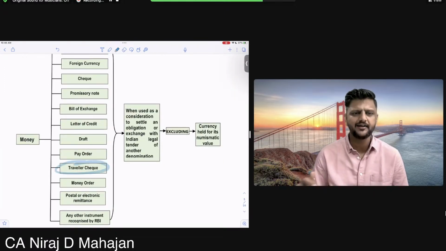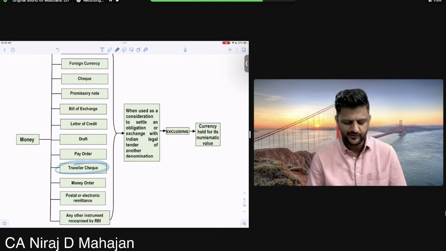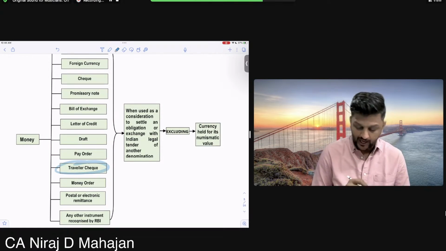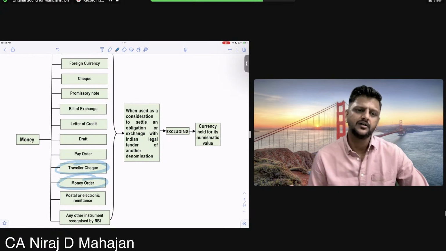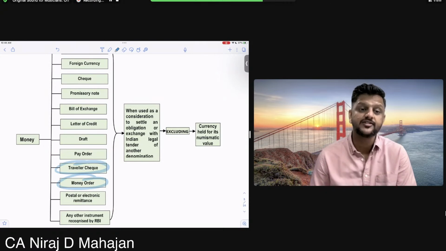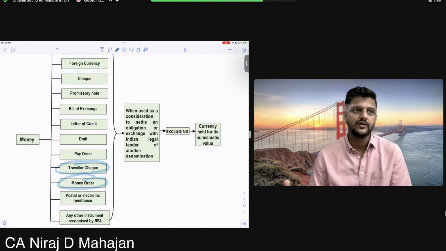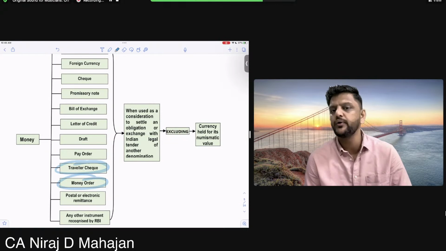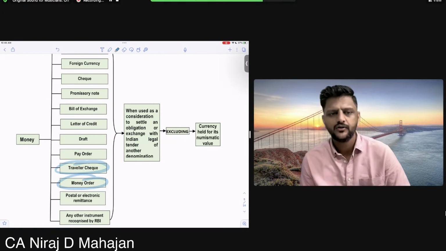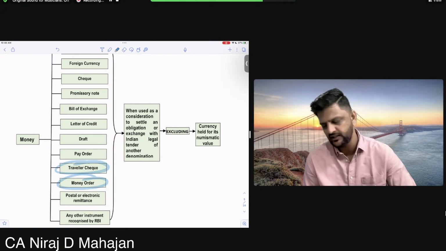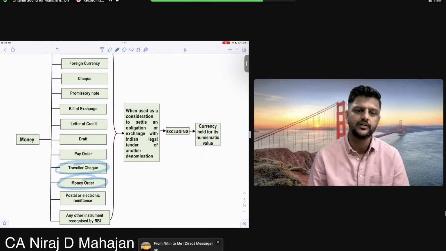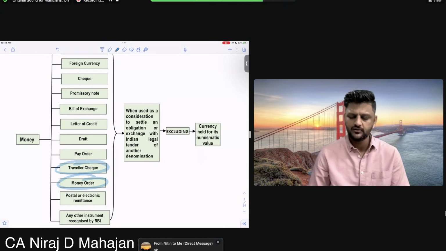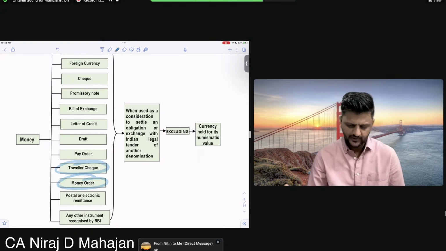Traveler's check, a little bit of example I had given you, in the case of what, bacho? Negotiable instruments. Okay. MO, money order, bacho, happens today also very rarely, but in the post office. The money order was again a concept of transferring money from one village to another village throughout India through the post office. You just used to go and deposit cash or money in the post office, and the branch of that post office used to deliver cash or give cash to the recipient. Anyways,